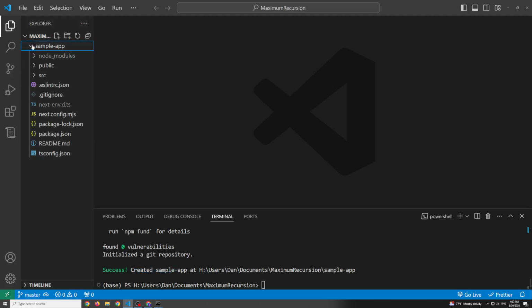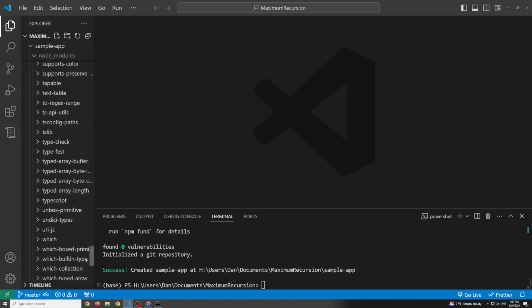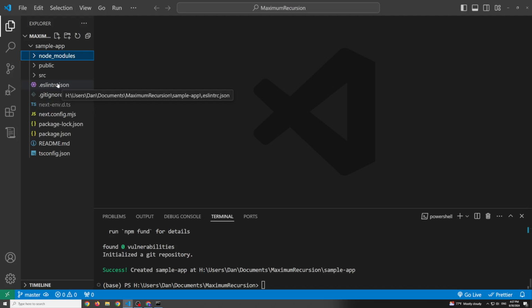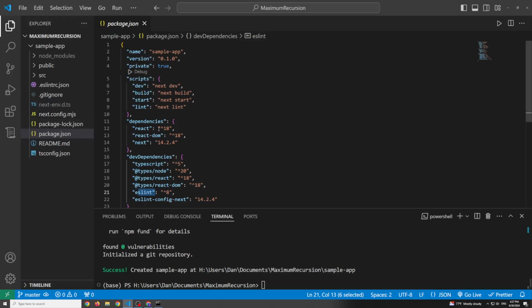And what you'll see is we have a folder, sample-app. And inside of there, we have these node modules folder. And what the node modules are, these are the dependencies. These are the dependencies that are installed along with creating a Next app. The package.json file gives you all those dependencies, like the dev dependencies, TypeScript, ESLint, all that extra stuff that we installed. That's all these instructions are here. And basically that saves us from having to, if we're trying to, let's say, push our project to a remote repository so that someone else can pull that down and work on the same project as you. They don't need